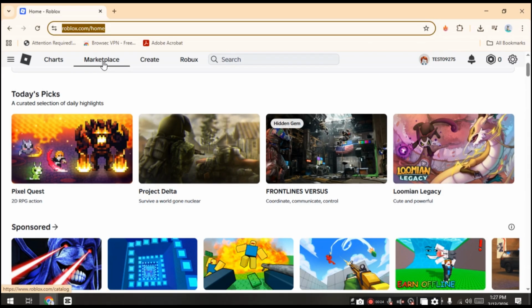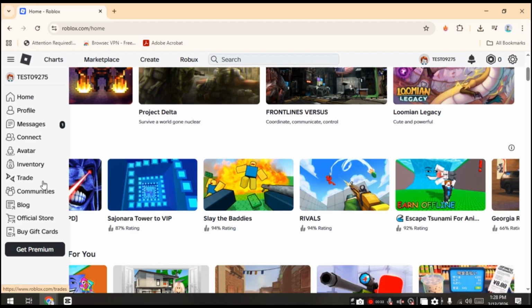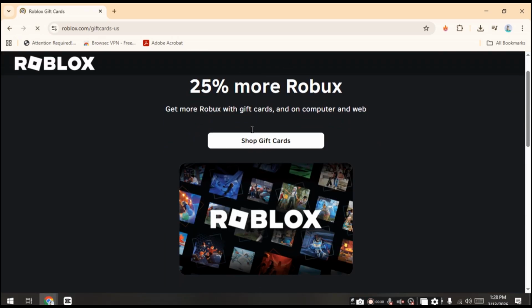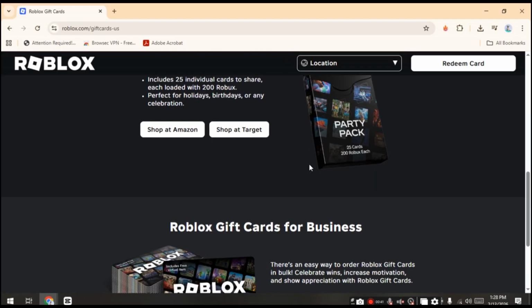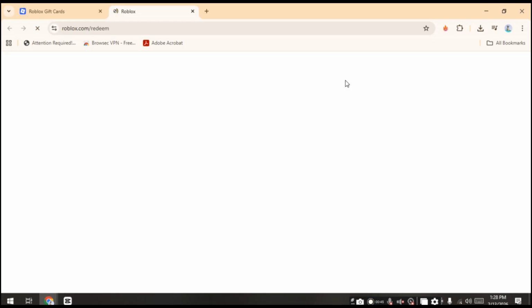Next, find a valid Roblox promo code from an official event, Roblox social media page, or trusted creator. Then carefully type or paste the code into the redemption box. Remember that codes are case sensitive, so avoid extra spaces or incorrect letters. After entering the code, click or tap redeem, and if the code is still active, you'll immediately see a success